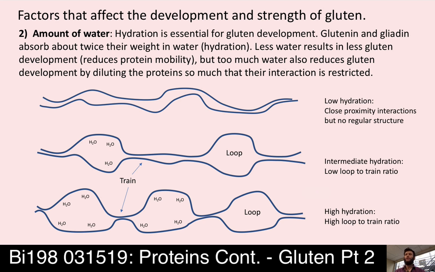So one of the things, when you talk to a bread maker, that they talk about is hitting optimal hydration, right? Just getting the right amount of water in that flour to get the exact kind of gluten formation that they're looking for. So in this diagram here, you see this is